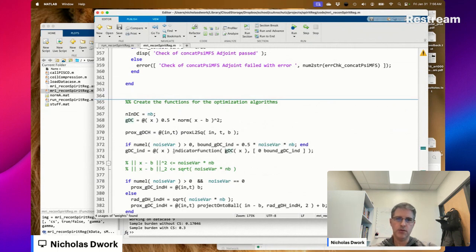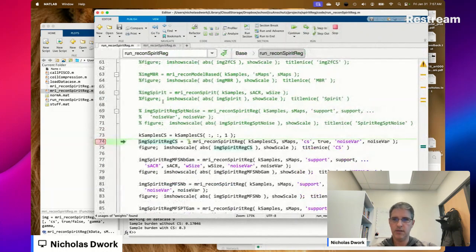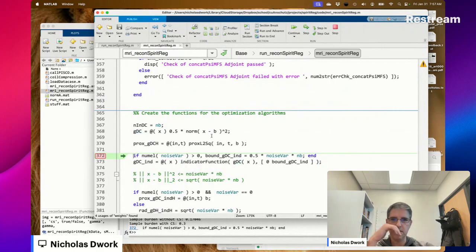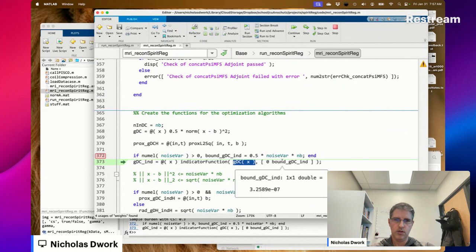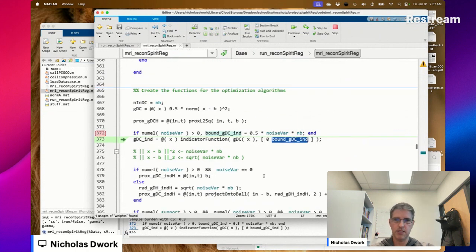So now, when we're here, this should be totally feasible. So noise variance is 3 times 10 to the negative 11. We're going to multiply that times 10 to the 4, and multiply that by 2. So that should be 3 times 10 to the negative 7, and it is, which is much higher than 10 to the negative 16, which is numerical precision.